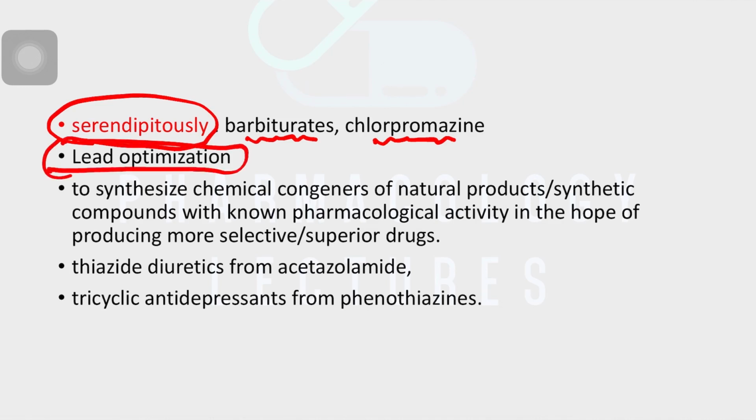One more way of drug discovery is lead optimization. Now, what is a lead? A lead means any drug or chemical product which already has some pharmacological activity. Now what you want is lead optimization. So you want to optimize that lead. You want to produce a new product from that known pharmacological activity, which has more specific actions, which has fewer side effects, or which has high efficacy. So synthesizing new chemical congeners of the compounds for more selective actions or superior activity. So from a known product, you are making one more product which has better activity and fewer side effects